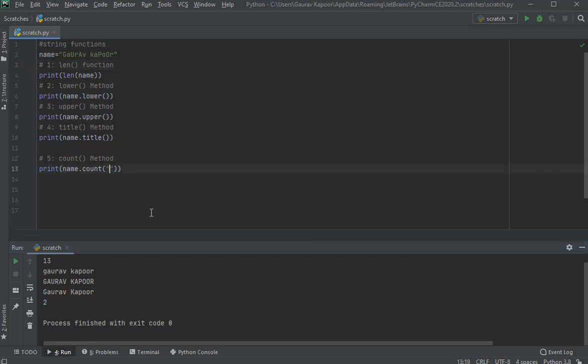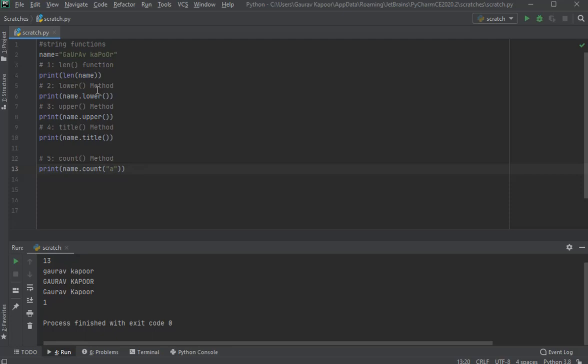What if I give it as an uppercase A? Let me execute it. See, it is 1. You might have noticed, when I am giving a lowercase, whatever lowercase characters are present over there with the same indication, meaning a, it is giving me the count of the lower cases. If I am giving an uppercase, it is giving me the count of the upper cases.